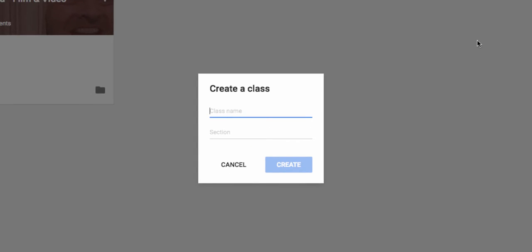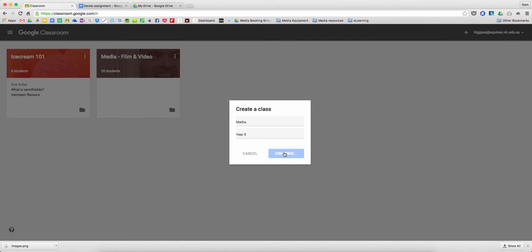As a teacher, I can create a class, and to do that, you would give your class a name. And in this section here, it's just a way to divide that subject into individual classes. So if you had multiple classes over a year, or if you had multiple classes of the same subject over different years, you could divide them up like that. Okay, when I create a new class,